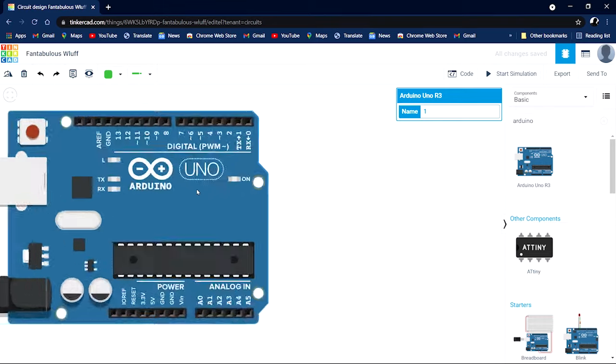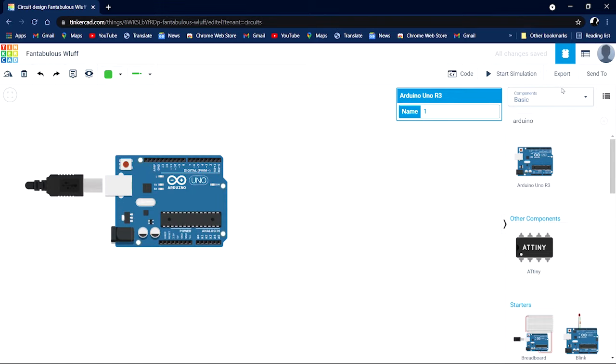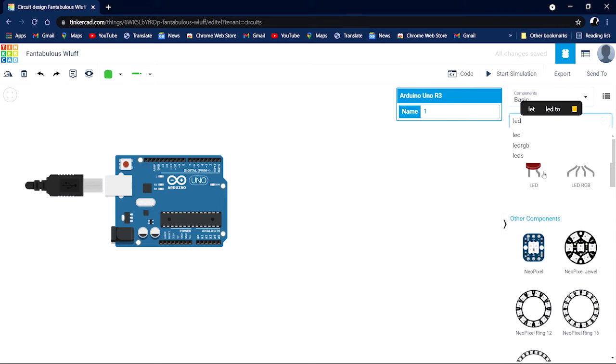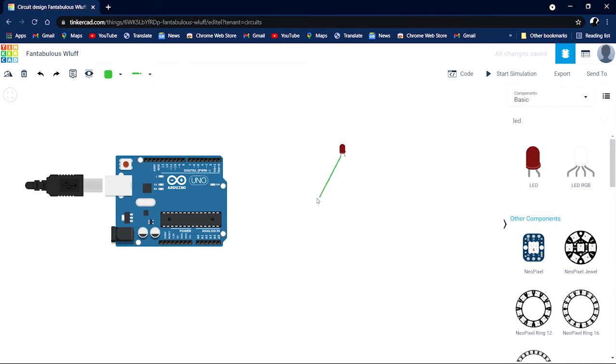Just zoom in, zoom out, and I want something called an LED. I'll get this LED here, and I'll connect the anode to... No, don't worry about why I'm connecting all these things. I'm just explaining how this works.